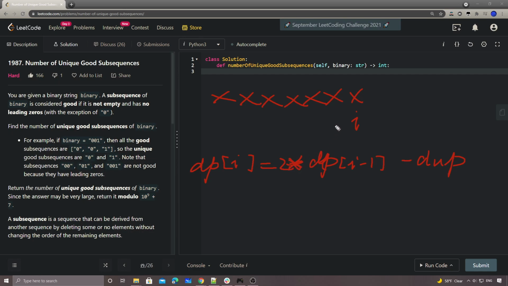First, where did we get this 2 times dp[i minus 1]? This is because if everything is unique, every time we add a new letter here, the total number of subsequences will be doubled. Basically, if we have A and B, the total subsequences will be A, B, AB, and the empty string. If we add a C here, it's going to be